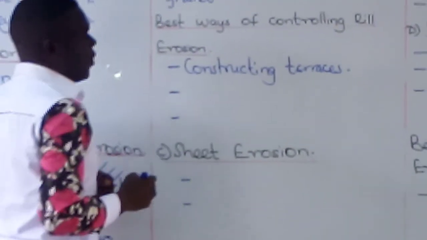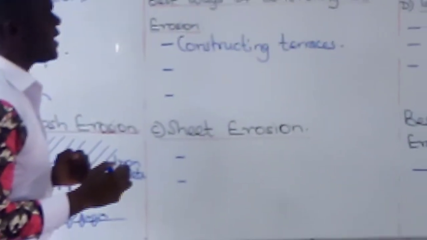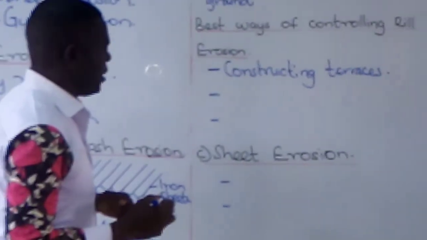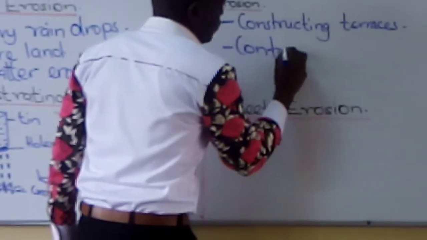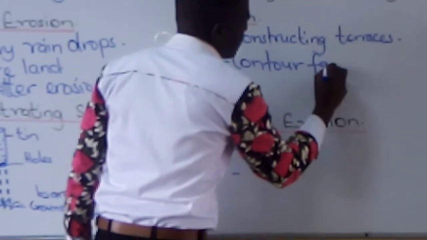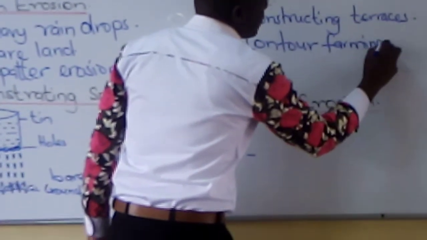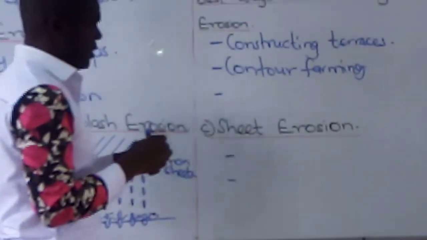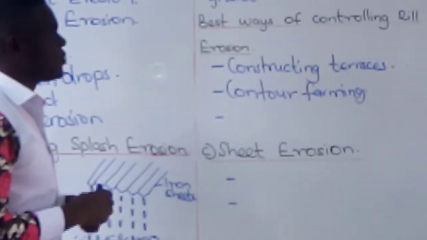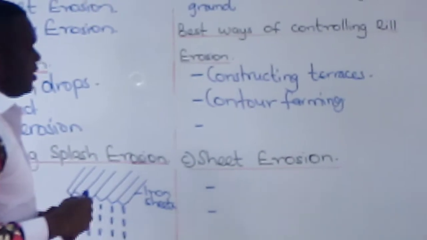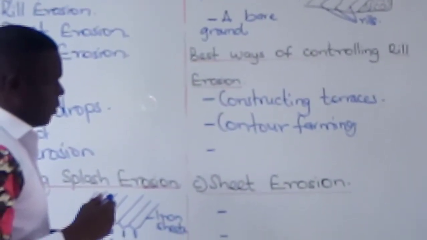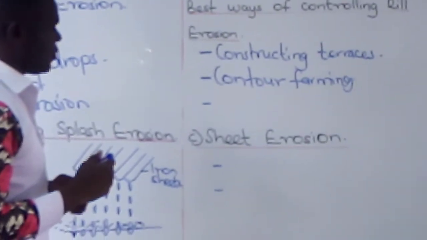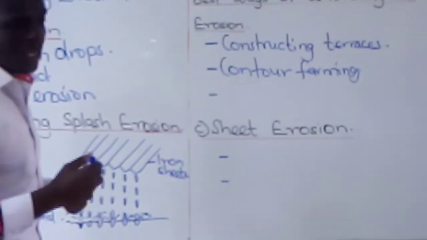Another way of controlling rill erosion is by contour farming. Contour farming is another method of controlling rill erosion. And another major method of controlling rill erosion is by